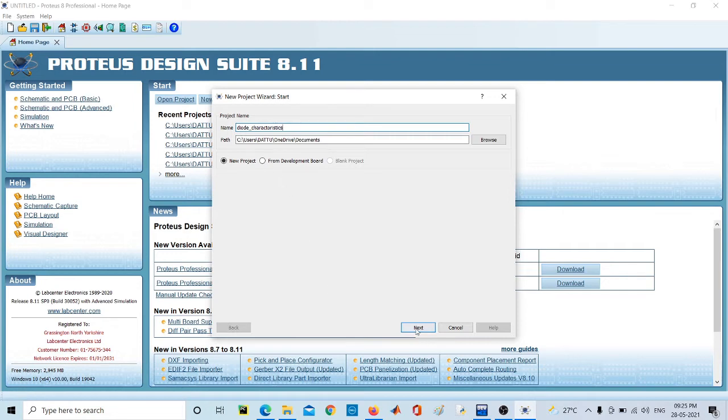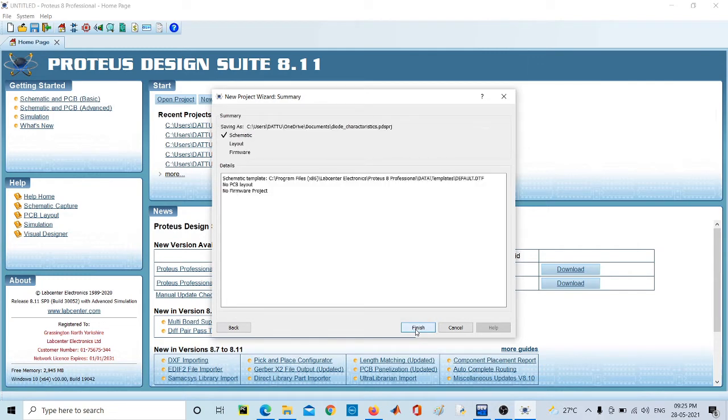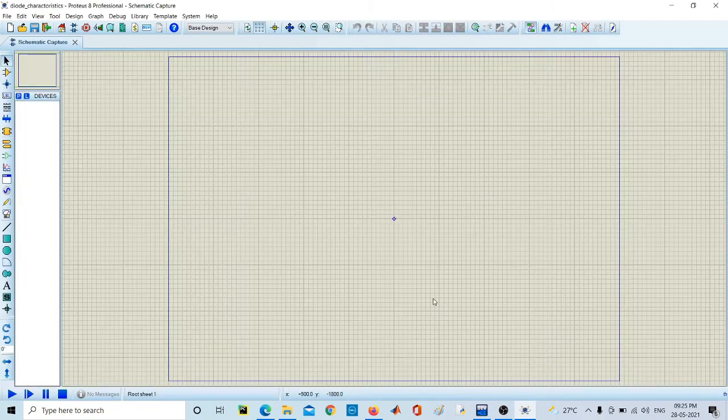Click on next, next, next, next, and then finish. After this, we have to place the components and see the output.